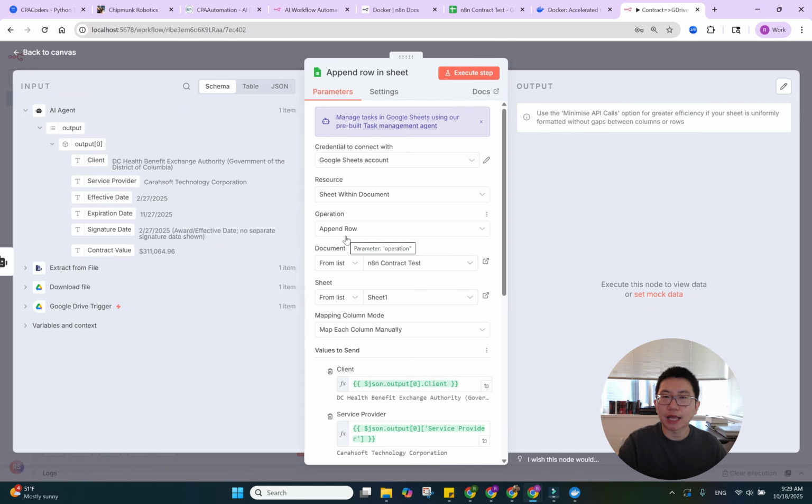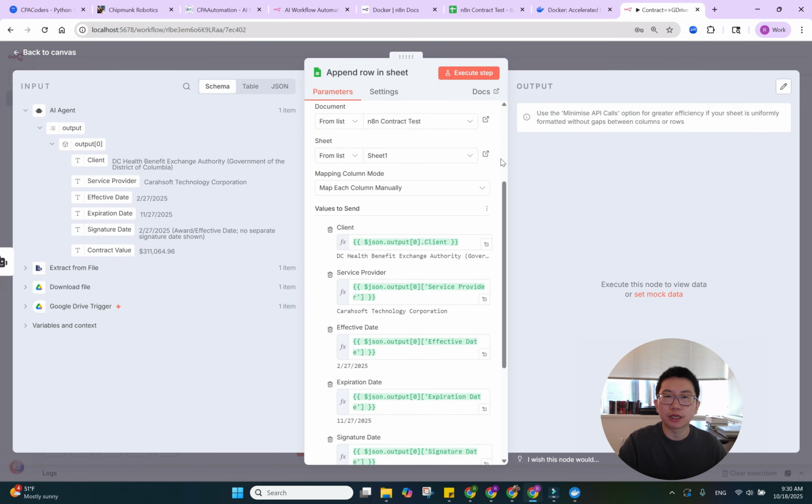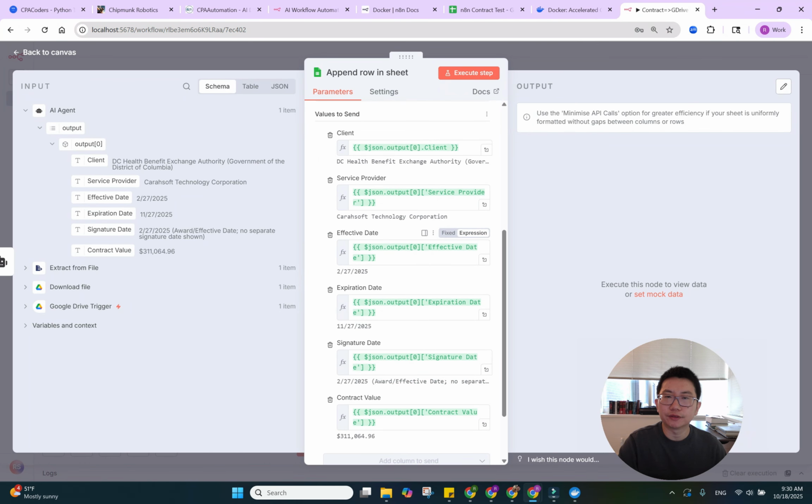And what kind of operation do I want? Every time a PDF contract is uploaded to Google Drive, I want to append a new row into this Google Sheet. And of course, because my previous step output a JSON file, with client, service provider, and effective date,